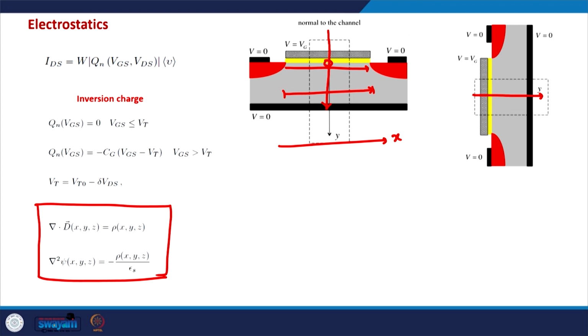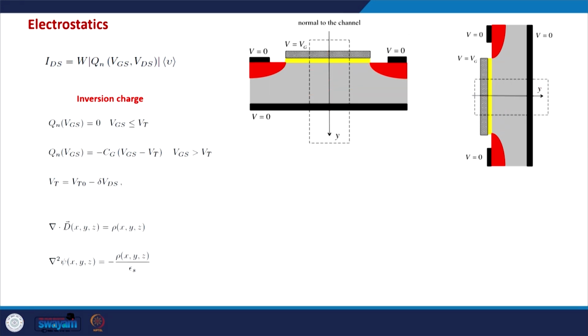So in long channel MOSFETs we were mostly concerned about the electrostatics in the y direction only, but in modern day devices we should consider the x direction electric field as well, and that is why we should discuss the 2D electrostatics, which we will also study after this discussion of the basics of electrostatics. In the last class we started with the electrostatics for conventional MOSFETs, and